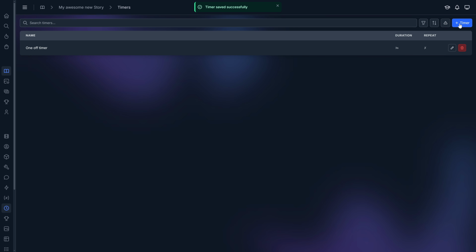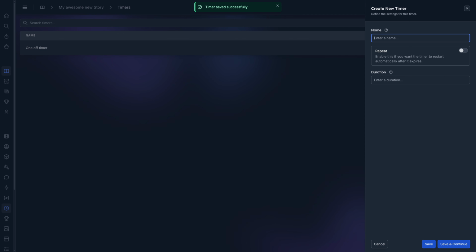Now let's create another timer. This one will be repeated every 1 second. And let's add a duration of 1 second. We can also add a maximum duration. This means that the timer will be stopped automatically after the given amount of time. But let's just ignore this for now